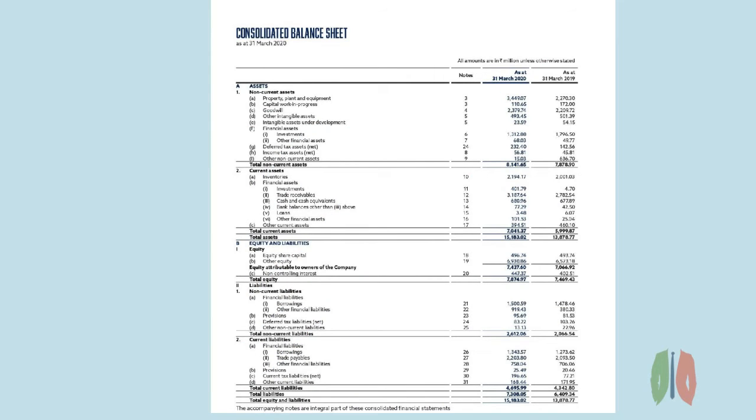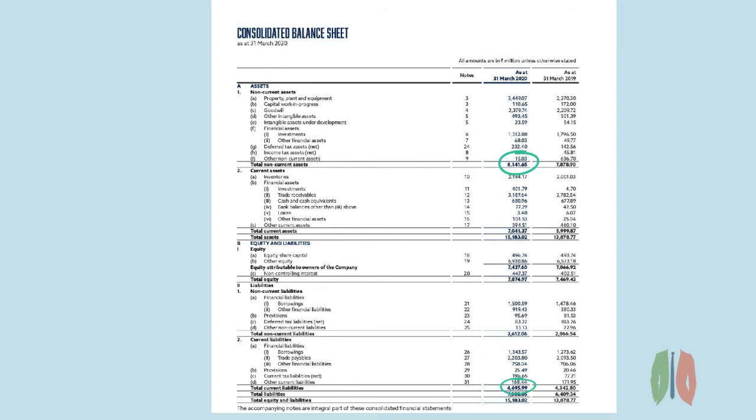Here is the balance sheet which we have seen in the previous video. So the things which we have to observe in the balance sheet is whether the assets are increasing and liabilities are decreasing, which is a good sign. Also we have to see whether the current assets are more than current liabilities, which means whether the company is able to meet its liabilities by converting the assets into cash, which is current assets. So that is also one of the main things which we have to see.